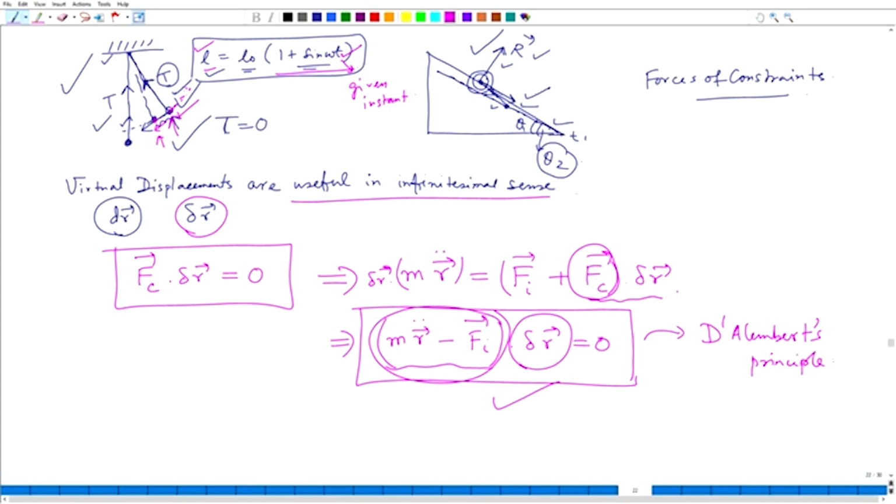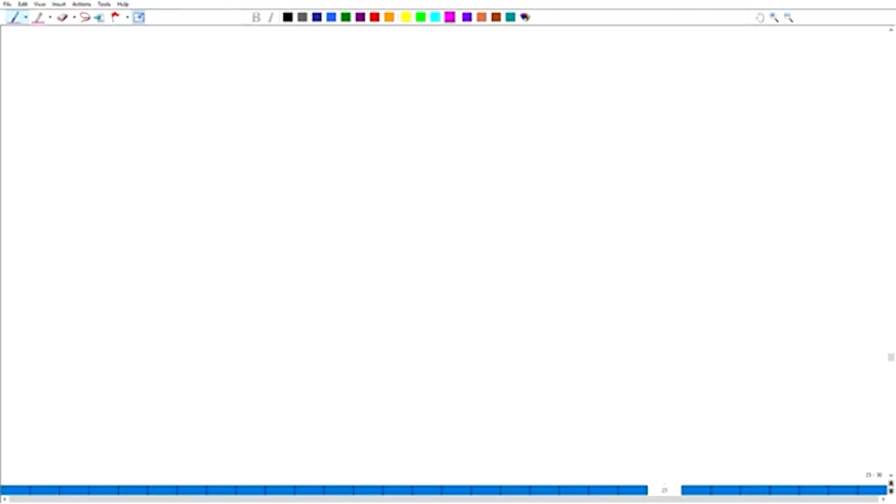So, today we will start from there, and after this I presented a simple example of a simple pendulum, where the length of the string is fixed, and I told you to try to use this principle of D'Alembert for solving the motion of a simple pendulum whose length of the string is changing with time. Then today I will present